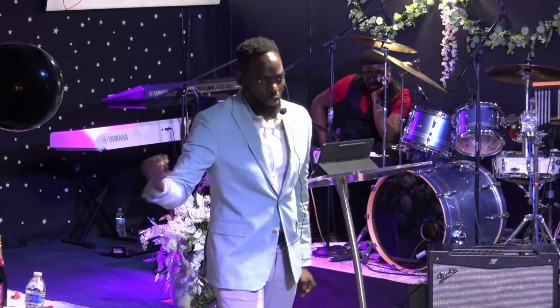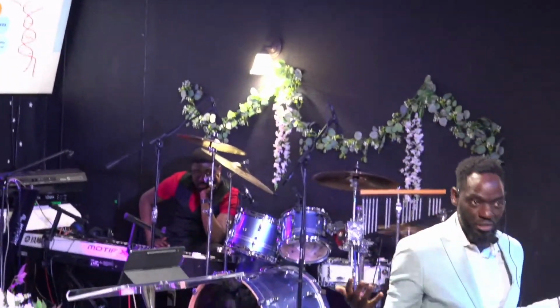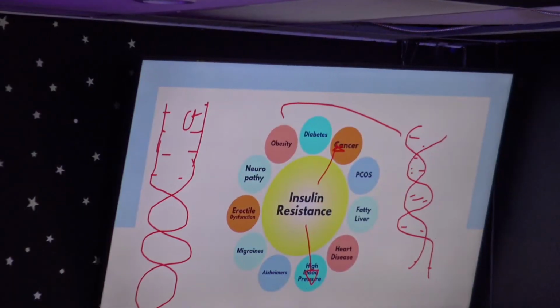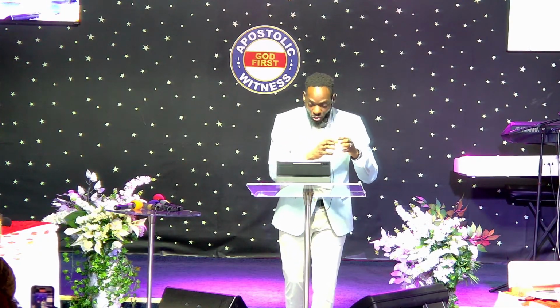If I open the door, open and close, open and close, there'll be wear and tear of the door. It's just normal. But the body has mechanisms designed to address the wear and tear. Any mutation in the gene because of the wear and tear, there are DNA damage processes. The body repairs any mutation or damage that comes from wear and tear.